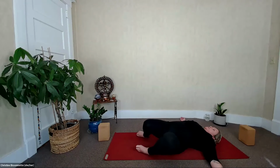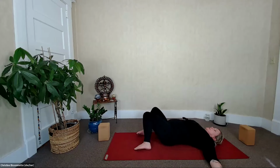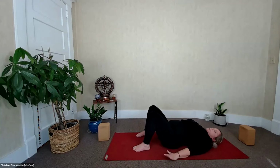How slow can you go to bring the knees back up through center? Take a breath to feel your feet on the earth completely before they drop over to the other side. Slowly bringing knees back to center, feeling the feet on the earth, arms down by the sides, press the palms